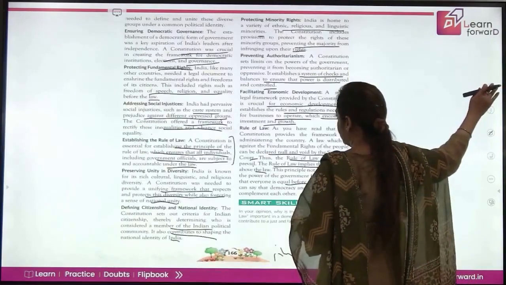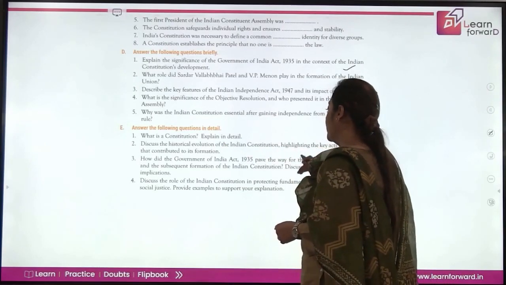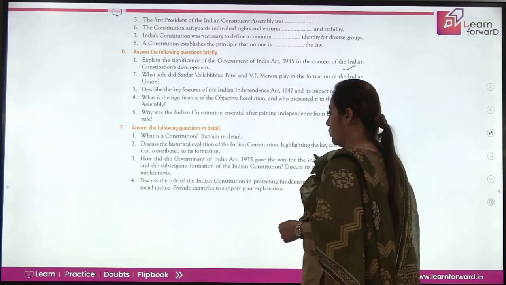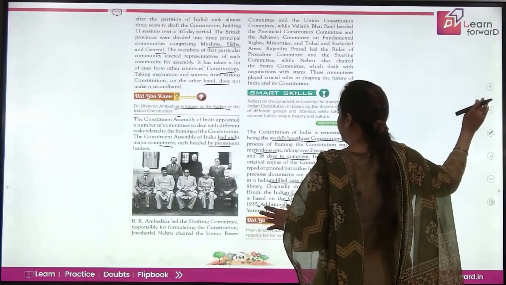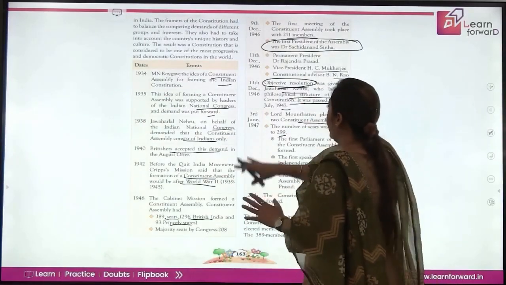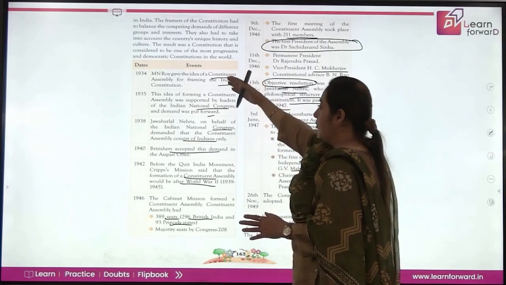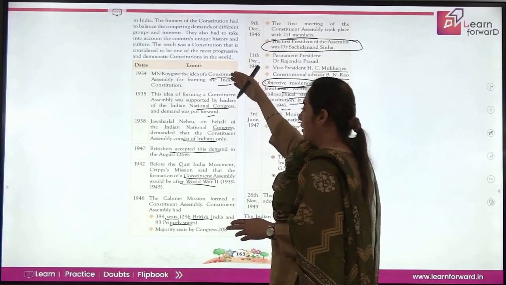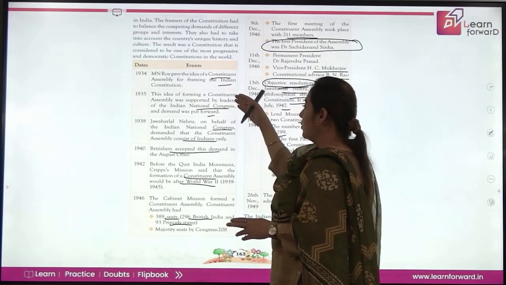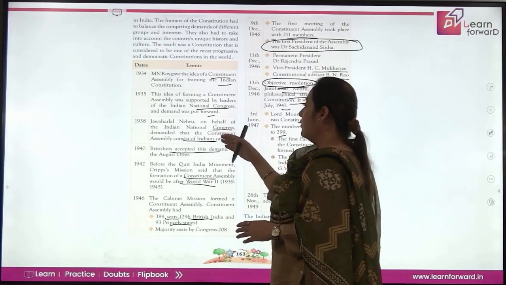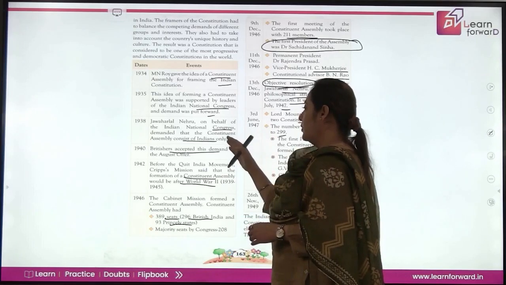Now let's come to the next question. Discuss the historical evolution of the Indian Constitution, highlighting the key acts and events that contributed to its formation. If we talk of the chart which we did, this chart covers all the actions that happened in framing the Constitution, starting from 1934 when M.N. Roy gave the idea of a Constituent Assembly, to 1935 when the Indian National Congress demanded a Constituent Assembly. Then in 1938, Jawaharlal Nehru, on behalf of the INC, demanded that the Constituent Assembly should consist of Indians only,